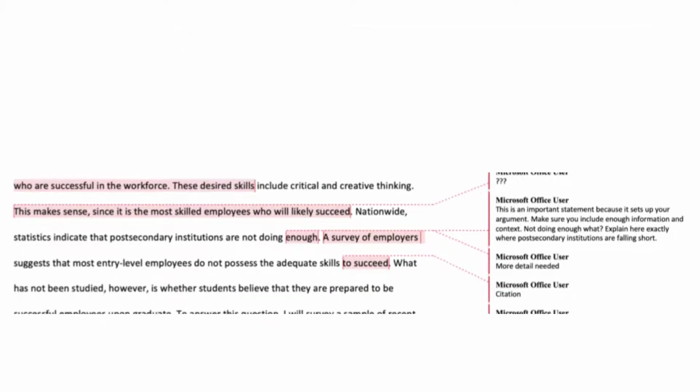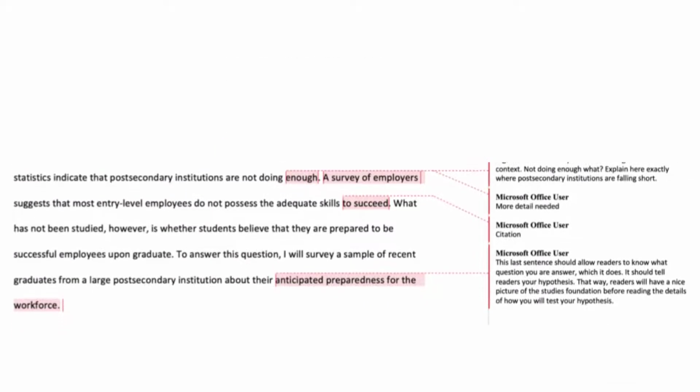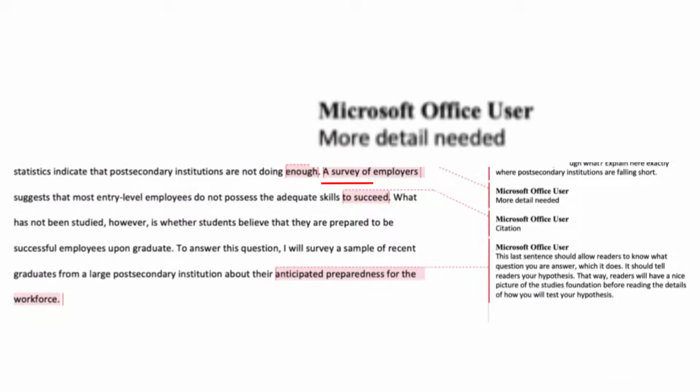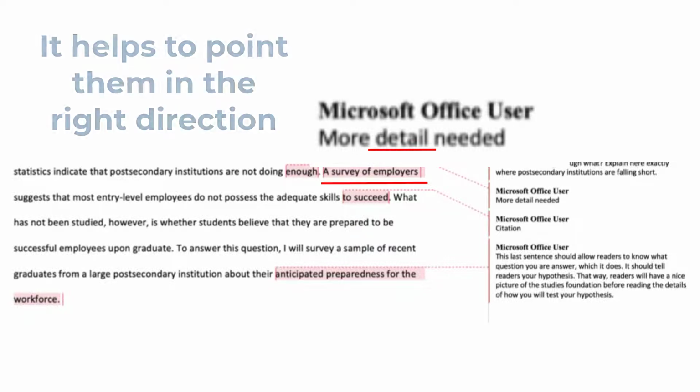The next comment highlights a much better tone, as well as clearly pointing out the portion of the sentence the student needs to elaborate on. The next piece of feedback, "more detail," doesn't set the best tone, but also, very importantly, it's unclear. What detail? Details of the survey? Participants? It's essential to explicitly point students in the right direction with targeted, actionable steps.